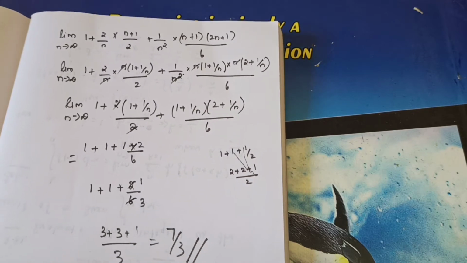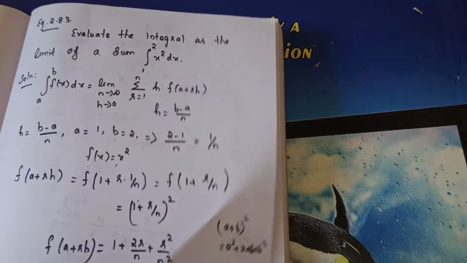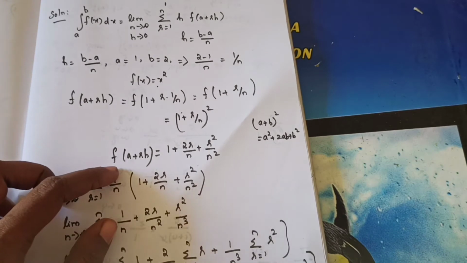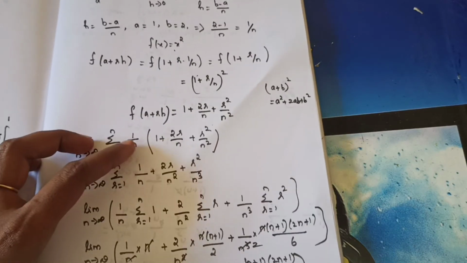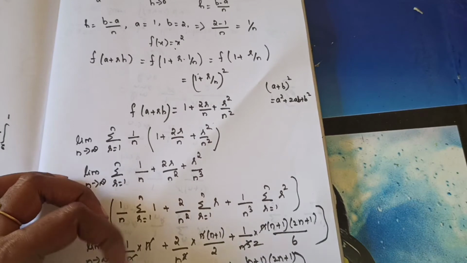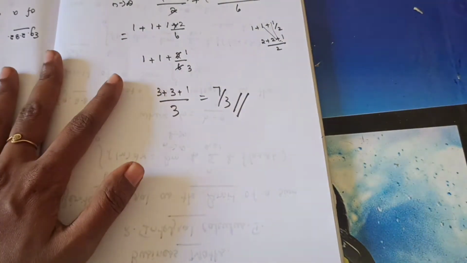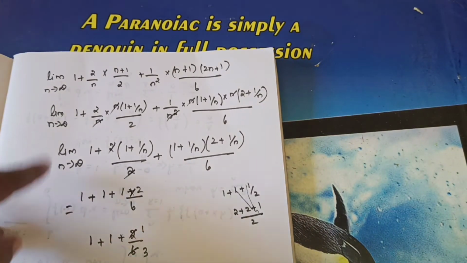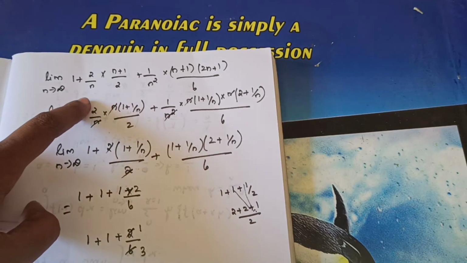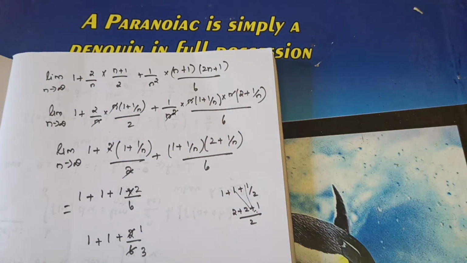Understand? You may get some confusion, so I will repeat it again. Up to here it will be okay. So 1 by n is there. Multiply with inside. Take the constant outside. The common term you can cancel. Apply the formula for summations. Then do it carefully here. 2 by n, here n plus 1 by 2. If it is n plus 1, take n outside. For that reason, from the first problem onwards, I am following the same method in all the problems. Each and every problem, if there is an n plus 1 term, I am taking the n outside. To avoid your confusion, I am doing the same method, so you also follow that.